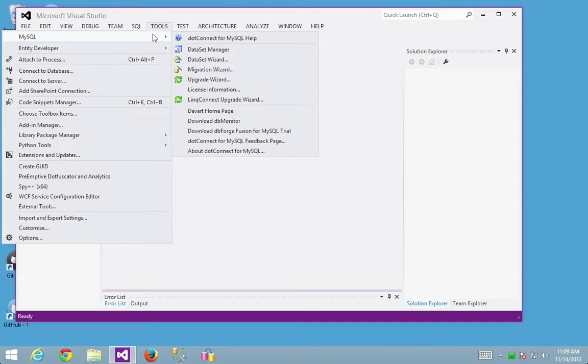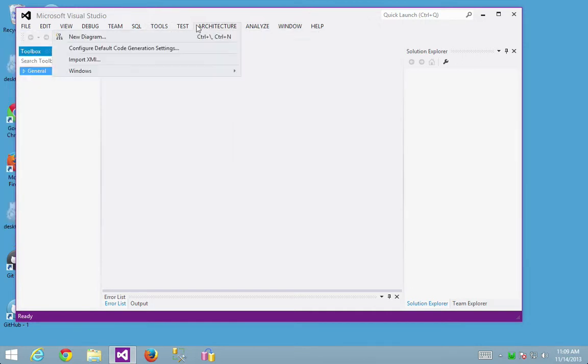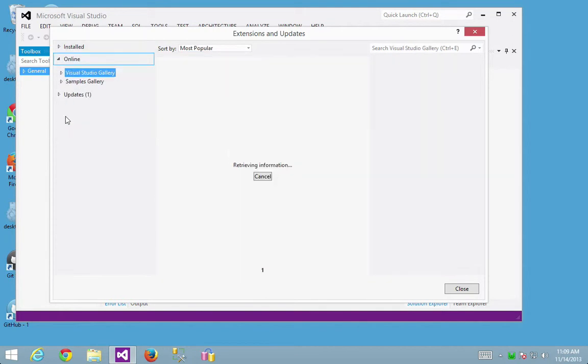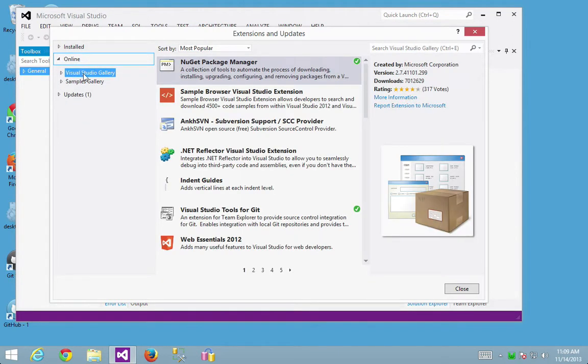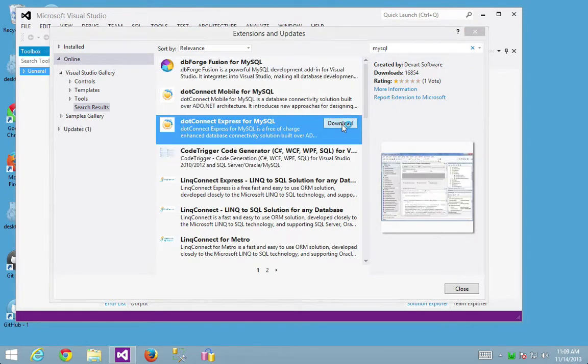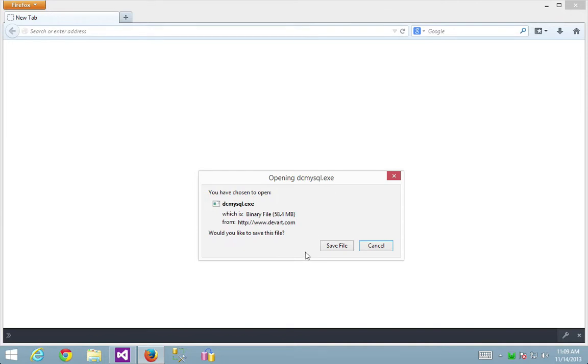But anyways, you can go to dotConnect if you search on the web. Look, there's another way of doing it if one of us has a problem getting it. So if I go to Tools, again, Extensions and Updates, and I want to download dotConnect, I click Online again. It goes to my Visual Studio Gallery. Like mine, this little link doesn't open up for me. I just click Close and type in MySQL without pressing Enter. It'll go to Search Results under Tools and show me dotConnect Express. But if I click Download, it won't just download; it'll go to this site,